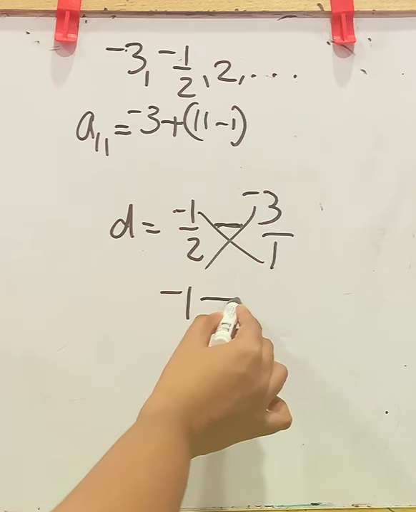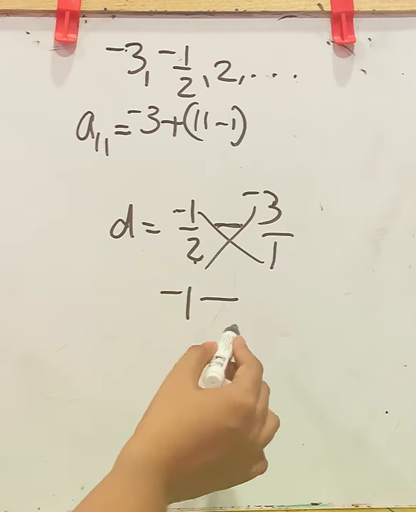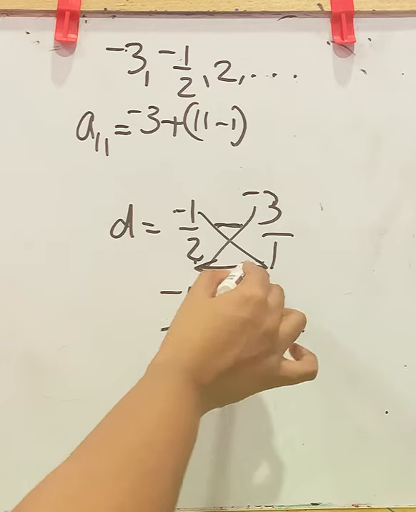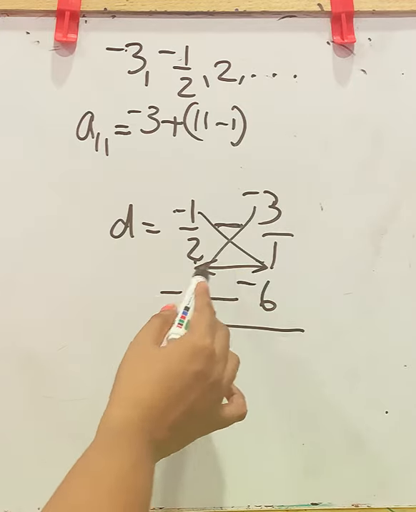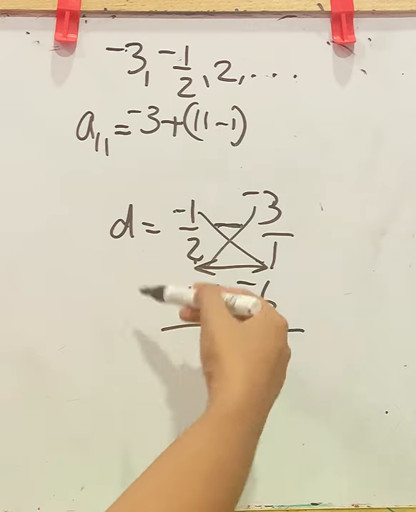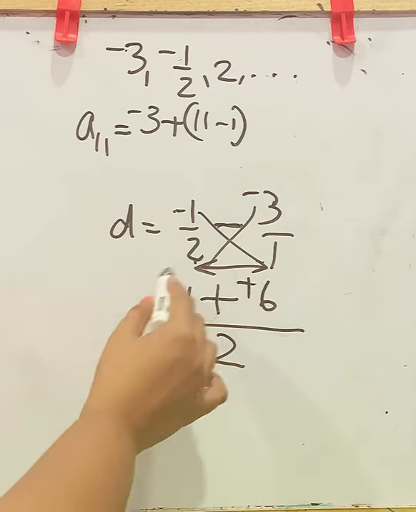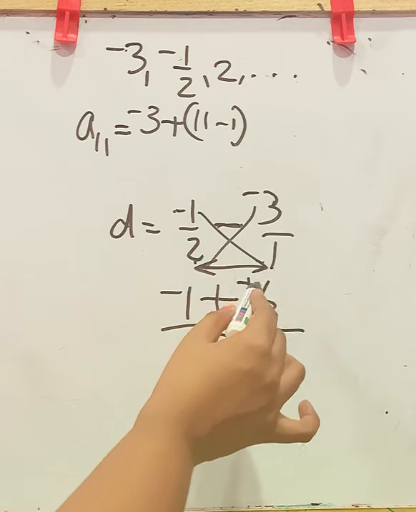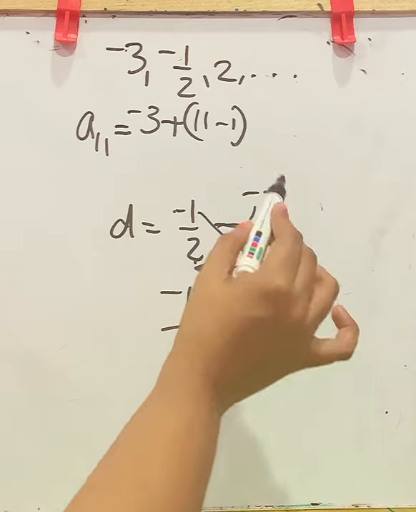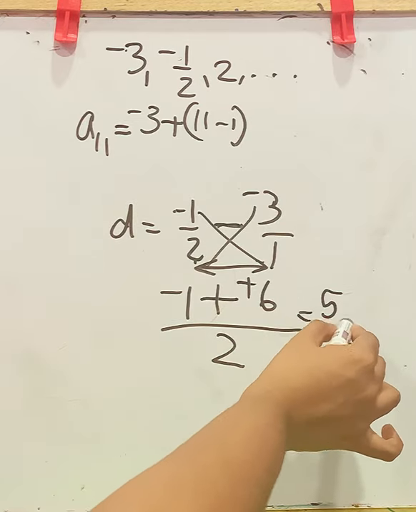Cross multiply this. Negative 1 into 1, negative 1. Here subtraction, we have negative 3 into 2, negative 6. Whole division, product of two denominators. This is cross multiplication. 2 ones are 2. So you have to make it addition and change the sign of the very next number. So this becomes negative 1 plus 6. So smaller number subtracted from bigger number and put the sign of the bigger number, you will get 5 by 2.